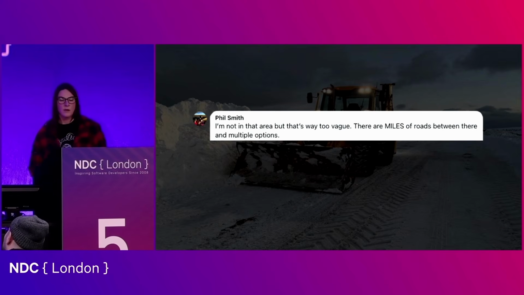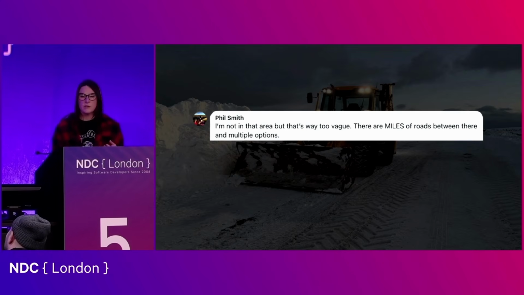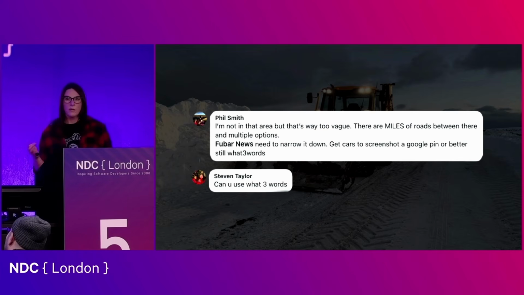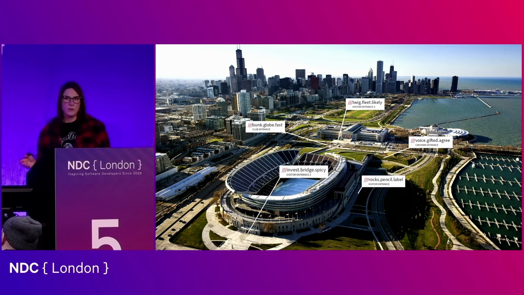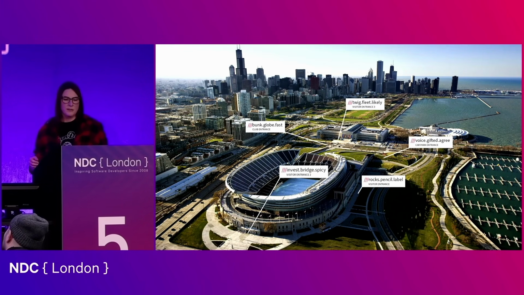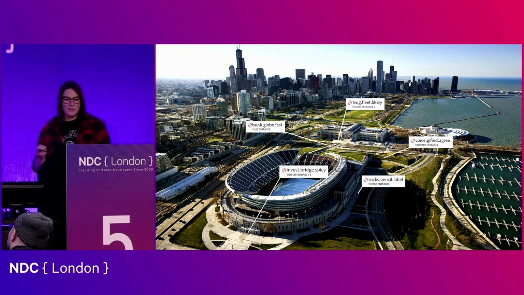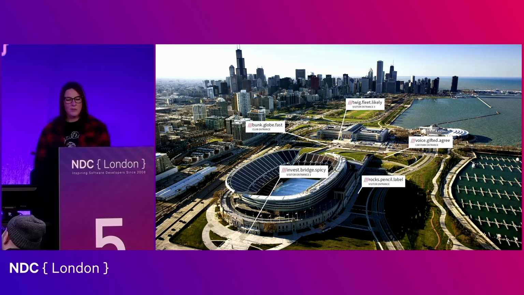But the gist of the comments were, that's too vague. No one's going to be able to find you, which was correct. These are really rural, long roads. But a solution that was often discussed in the comments was, tell us your what3words. Now, I'm not a huge fan of what3words. I think they have some problematic stuff with proprietary things that they've done in the past. I always kind of thought, why not use coordinates as the standard instead? But this example of fellow Aberdonians stuck in the snow made me rethink it.